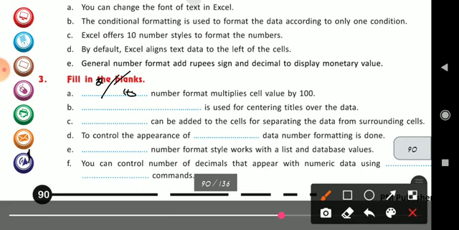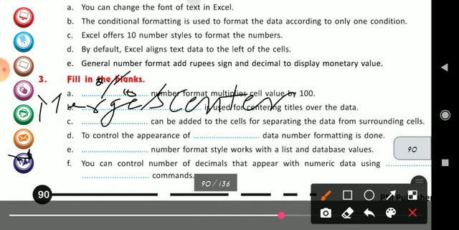Merge and center is used for centering titles over the data. Second answer is merge and center.